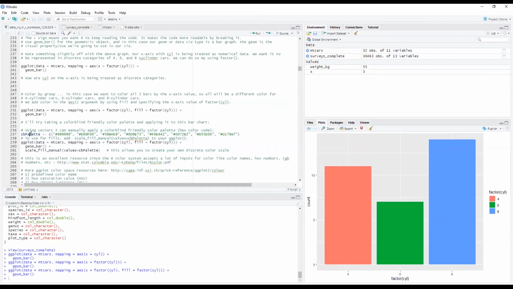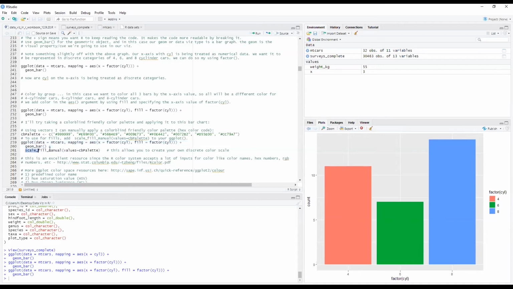I'm not going to really get into creating vectors here, but here are 1, 2, 3, 4, 5, 6, 7, 8 different colors. I went to a website and got these colors from a colorblind friendly palette, and I assigned it to this variable, this object CB palette. And I can utilize this object within what I created before. I can do that same thing. I'm just copying exactly the ggplot, exactly the same as before, geom_bar exactly the same as before, and I'm just tacking on a new little function here called